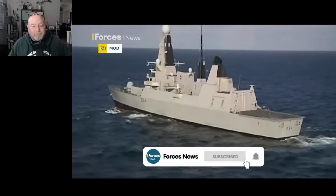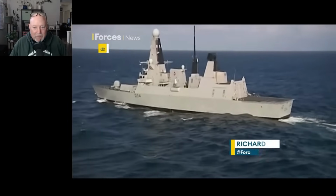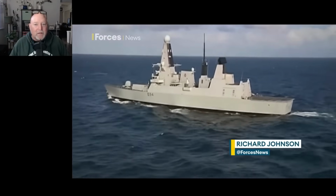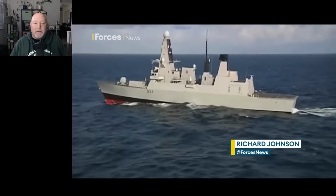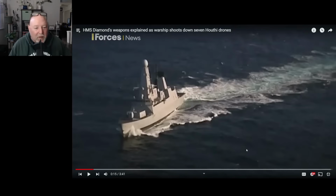HMS Diamond has been in action again in the Red Sea, and as one of the Royal Navy's Type 45 or Daring class air defence destroyers, she is a powerful asset to the multinational fleet guarding the shipping lanes against Houthi rebels. What amazes me nowadays, and it's through your Navy and of course our Navy as well, is these